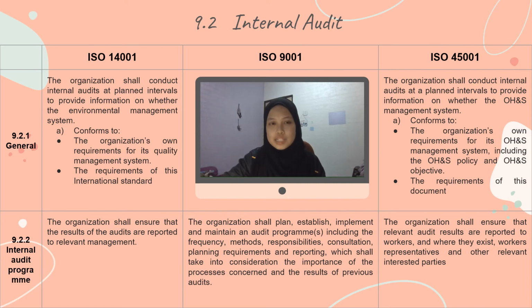For 9.2.1 in ISO 14001, the organization shall conduct internal audits at planned intervals to provide information on whether the environmental management system conforms. For ISO 45001, the organization shall conduct internal audits at planned intervals to provide information on whether the OH&S management system conforms. In 9.2.2, the organization shall ensure that the results of the audits are reported to relevant management in ISO 14001,